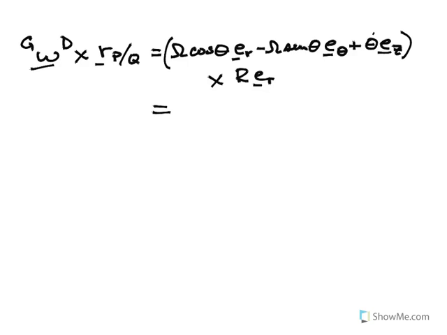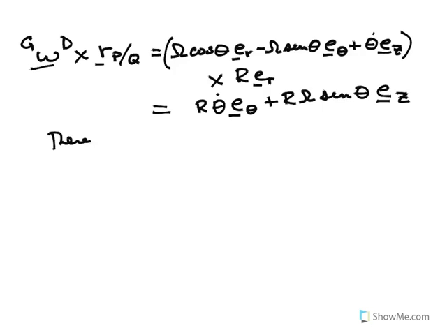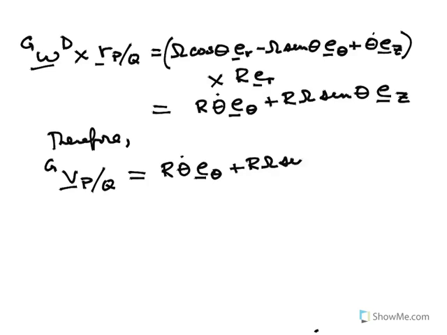Er crossed with Er is 0, E theta crossed with Er is Ez, and Ez crossed with Er is E theta. So I get R theta dot E theta plus R omega sine theta Ez. So therefore, the velocity of P relative to Q as viewed by an observer fixed to the ground is equal to R theta dot E theta plus R omega sine theta Ez,